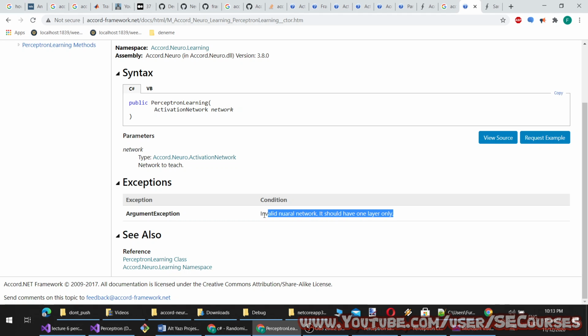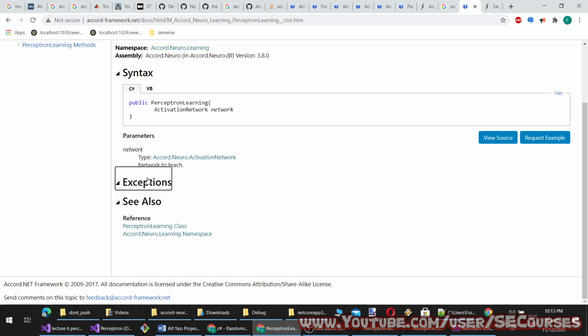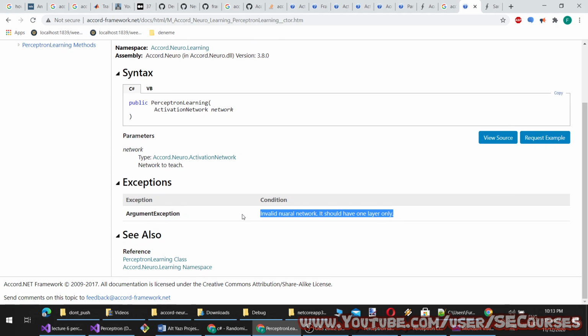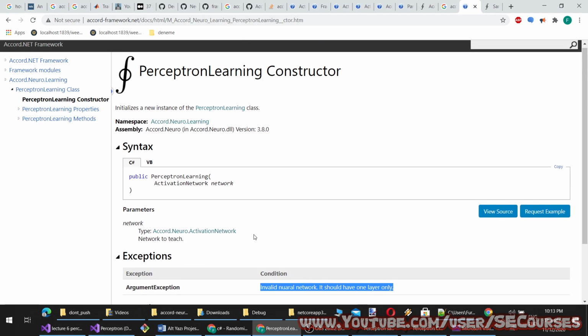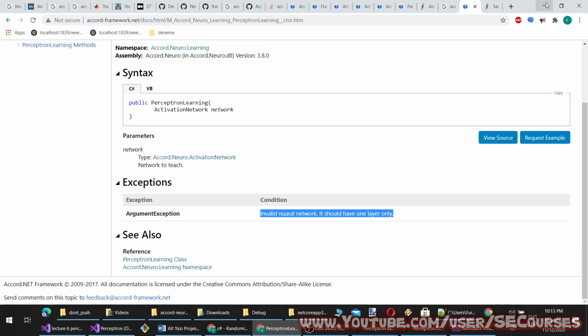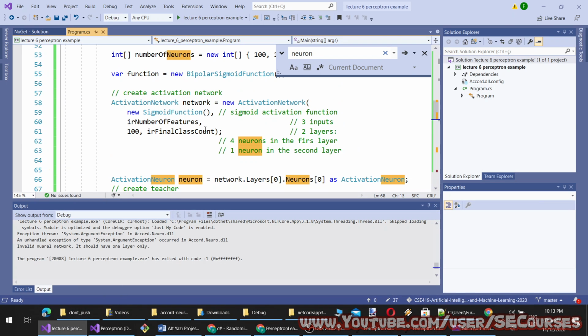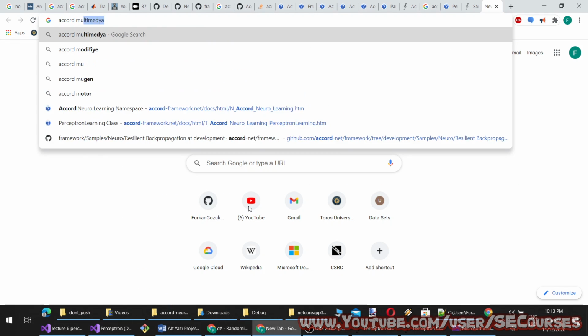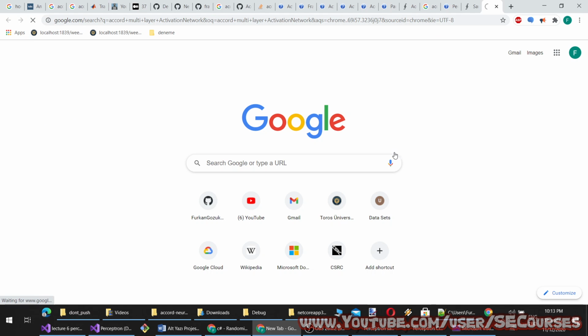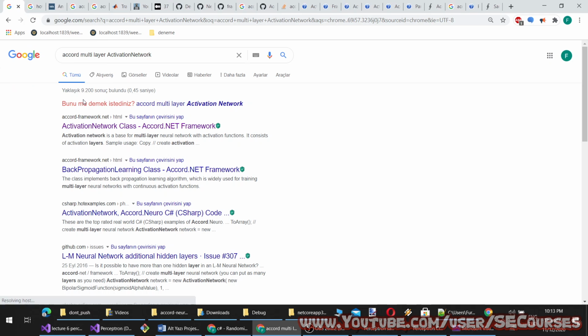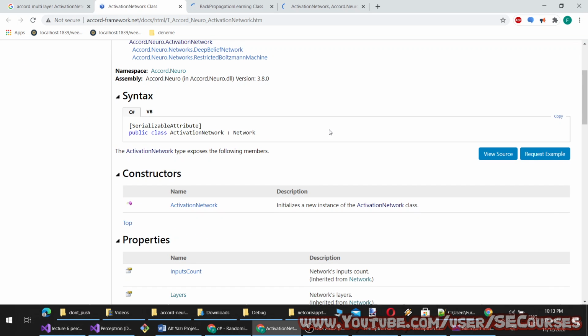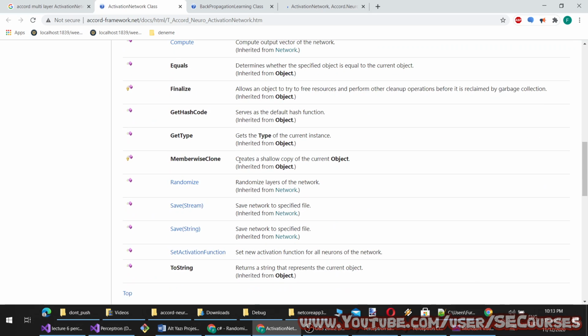Okay, yes, I get this error, but why is it happening? So probably it is related to our activation network. Okay. It must be related to that one. Inputs layers and